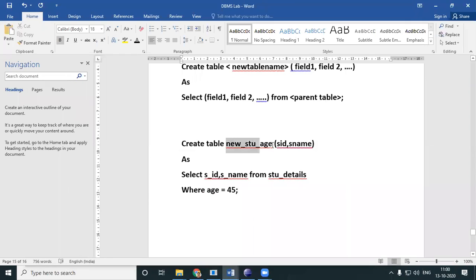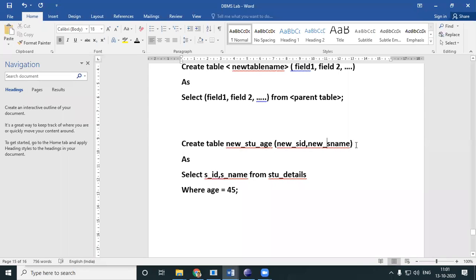I'm creating a new table with SID, SName. You can add even age if you want, your choice. As select S_ID. I can give whatever names I want, new SID.